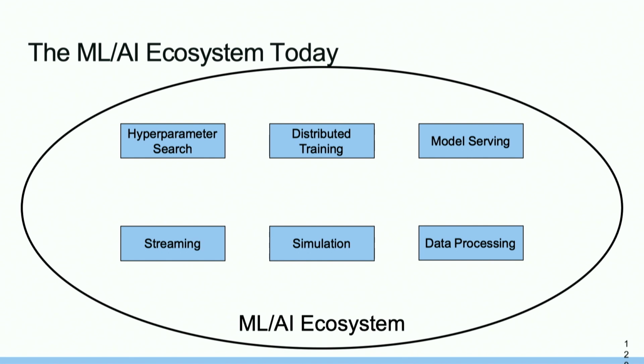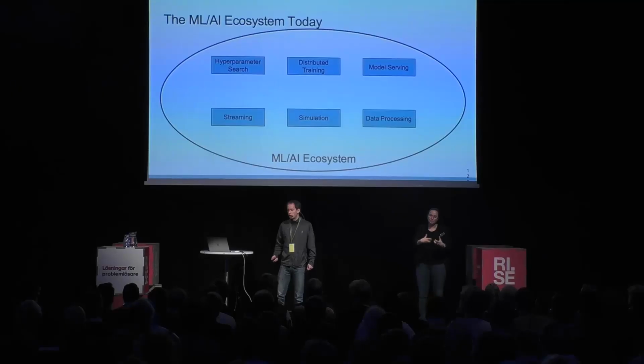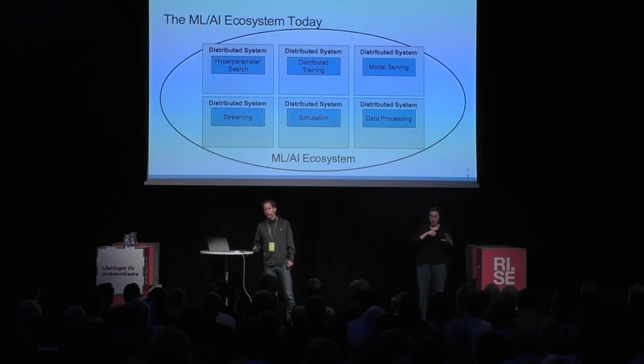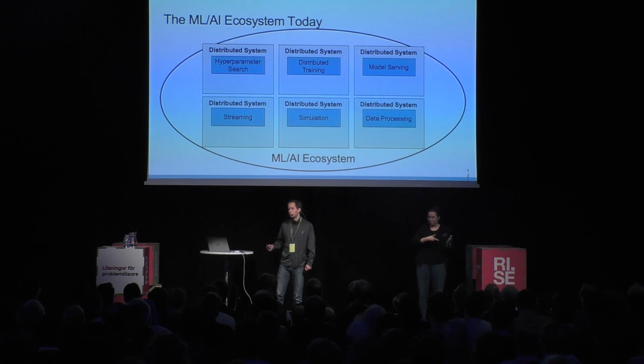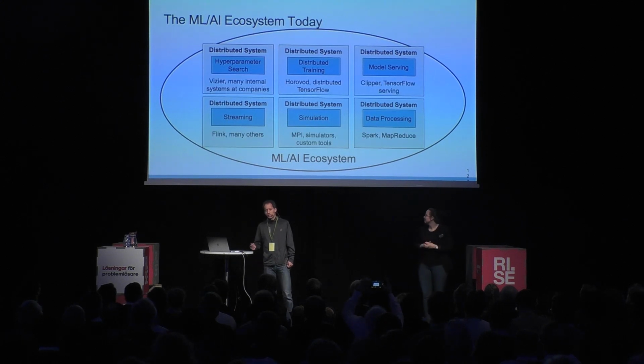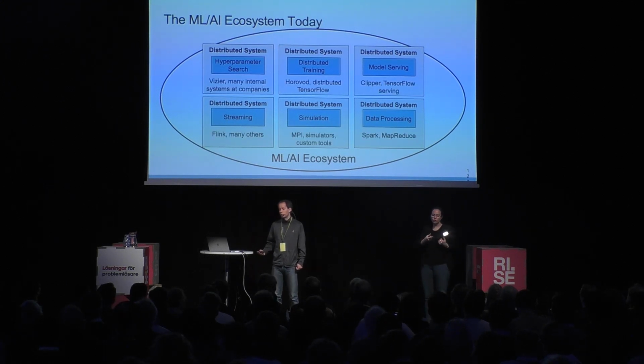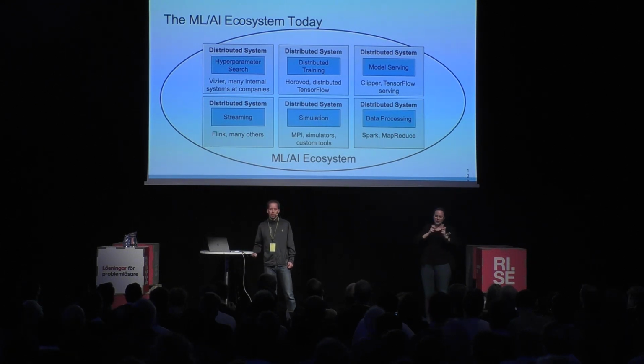There's many different tasks and many computational patterns that arise. And maybe you first think of distributed machine learning training, but there's also things like model serving or data processing, which are very important. And today, people typically build separate distributed systems for each of these. Examples for these are Horovod, for example, for distributed training, or Spark for data processing, Clipper for model serving. And these systems are extremely good at what they do, but there's a challenge for cross-cutting applications here.